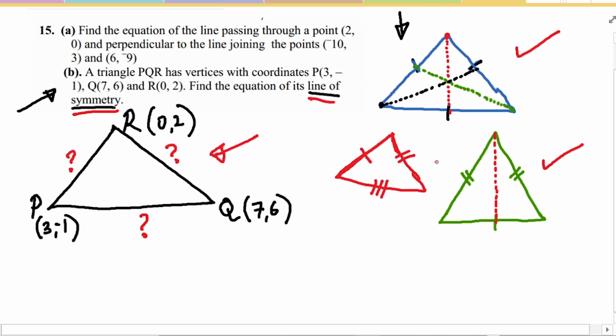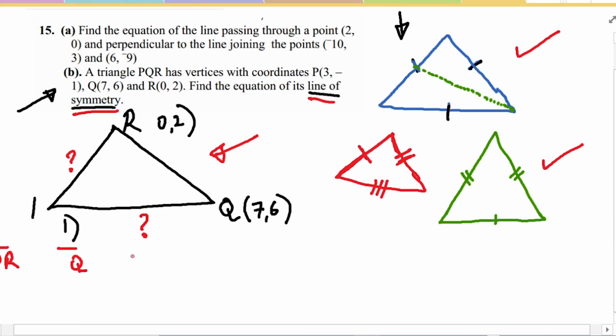As in, there is no one straight line that can divide the triangle into two equal parts that you can fold and they overlap each other. So in other words, if we calculate these three sides and we find that all of them have different lengths, then there is no line of symmetry. So that's what we're going to go into. We're going to find line PR, its length, then we're going to find RQ, the length of line RQ, then we're going to find the length of line